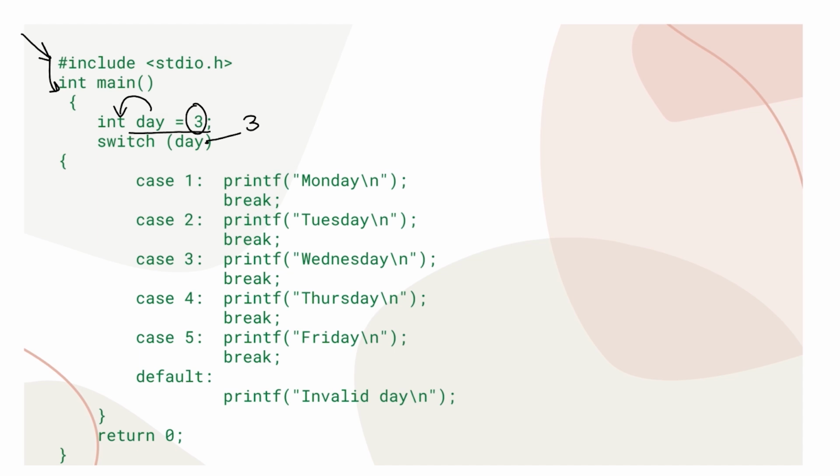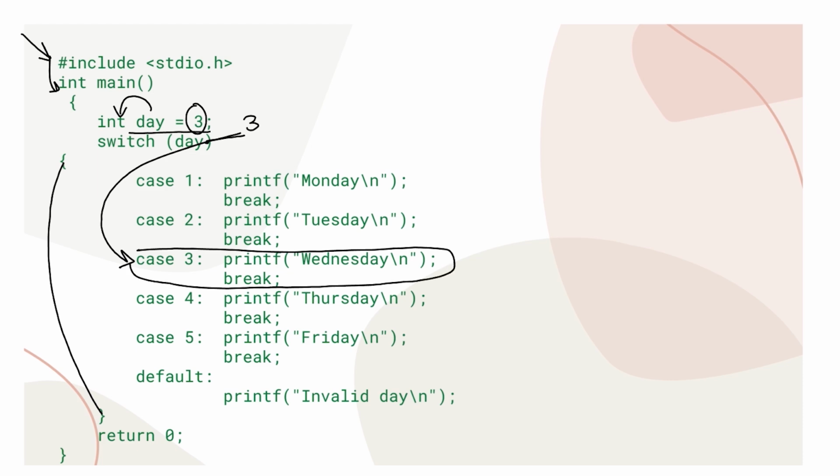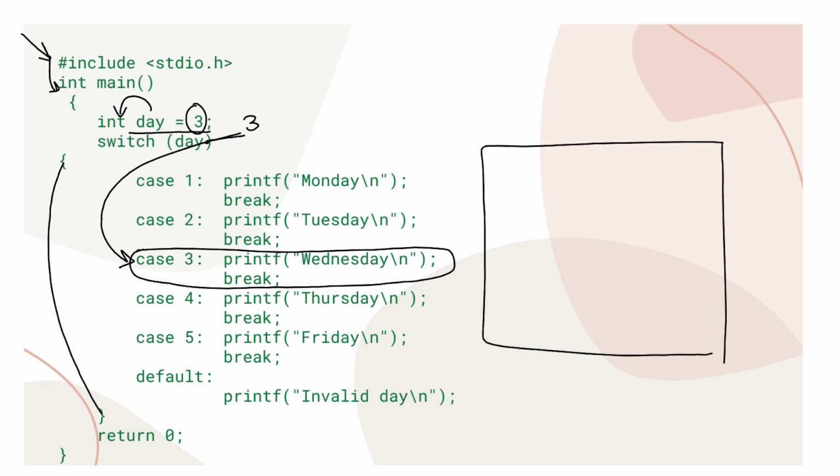It is going to search for the case whose case value is 3 in this current block. So as we can see, case 3 matches here. The code written in case 3 will only work and the rest will be omitted. So it is written printf Wednesday and break. So on the output screen it is going to print Wednesday here, and as it has got a break keyword, it will jump out of the switch,